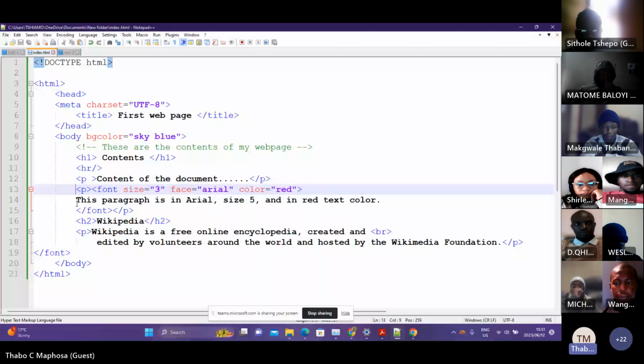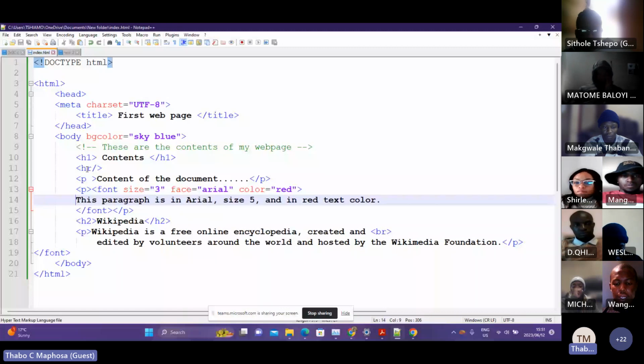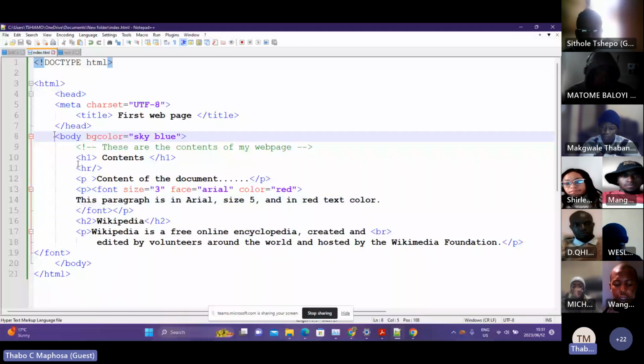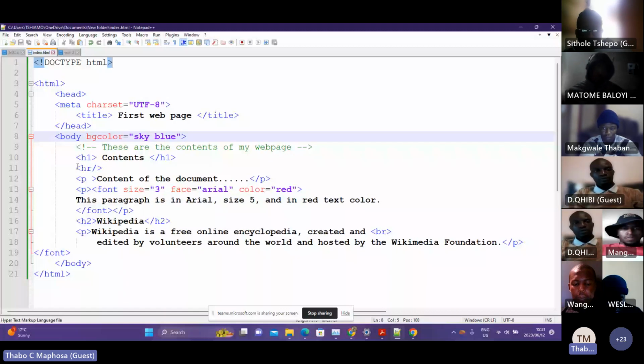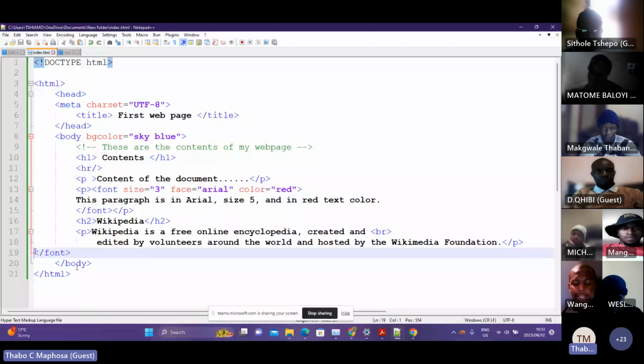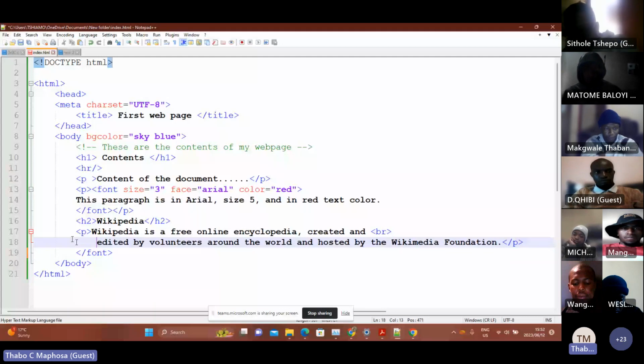Okay. The sequence of the code doesn't really matter, Dumisani. What happens here is I do this because it makes my code nice, and I know what is where. Now this is called tab. I'm just using the tab button on your computer to move these different lines. For instance, I know that my head starts here, my head ends there. So it's easy for me to check if I missed any tag or not.